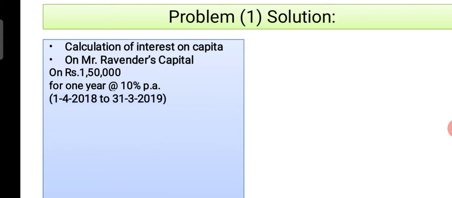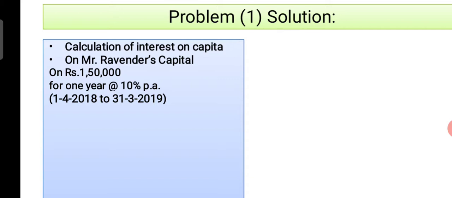See here, year means a period of 12 months. Here year means a period of 12 months that starts from 1st April 2018 and ends on 31st March 2019. This is the 12 months period, that is called 1 year. For this 1 year we can calculate interest on capital. It is also called as annum. Annum means nothing but year. So per year,